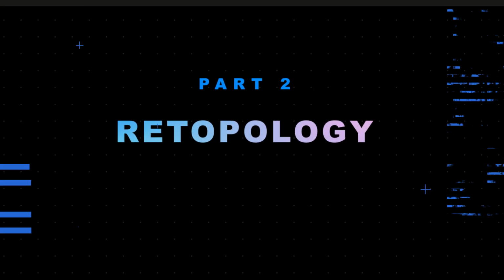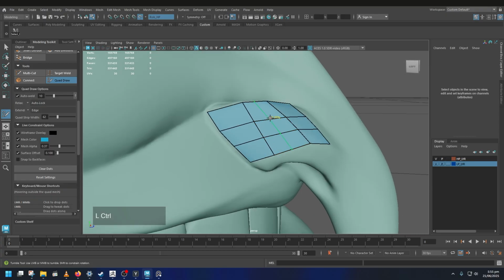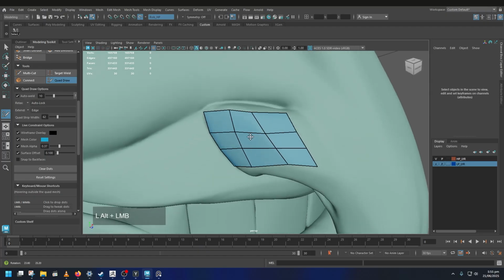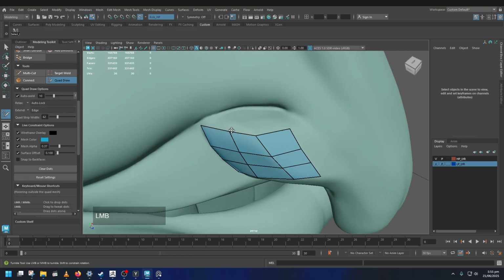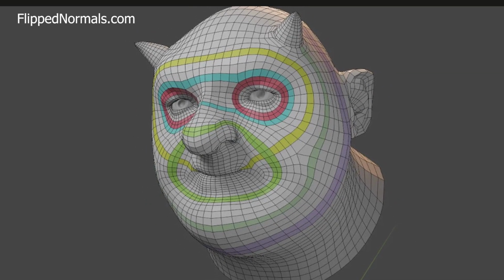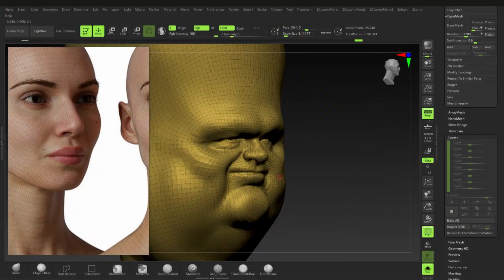Alright, so after you're done sculpting, up next we have retopology, and before we dive into that, let's have a quick look at what makes great or good topology. Now people will give you a bunch of thoughts, opinions and ideas here, but really the simplest way to ID good topology is if it works for the intended purpose or purposes, and that's it. Good topology is any topology that works for its intended purpose or purposes. That's it, you don't have to go beyond that to make it perfect,